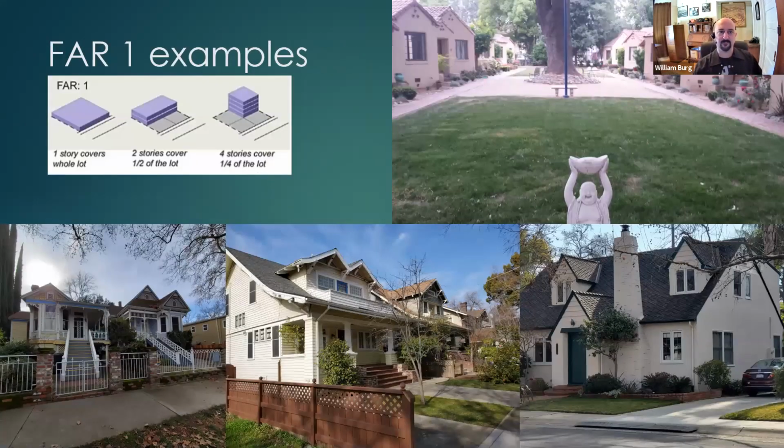Here's some examples of FAR 1, and in most of the city of Sacramento, this is what to expect if these changes go through. There's a bungalow court, one of my favorites in East Sacramento. There are single-family homes that you can see here in Curtis Park, in Midtown, in Poverty Ridge. And they're generally two-story homes that have some space in the front and some space in the back, occupying the other half of the lot. So if we're talking about FAR 1, this is what we're talking about. The difference is that they don't have to only be single-family homes. These can also be duplexes or fourplexes that look about the same.